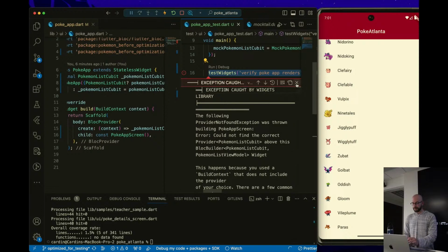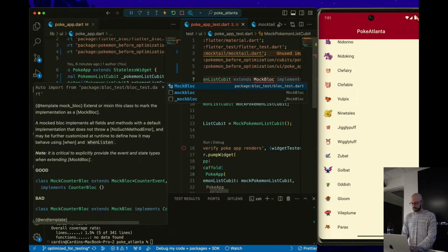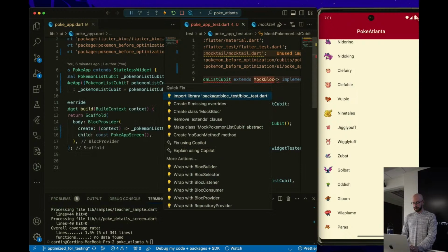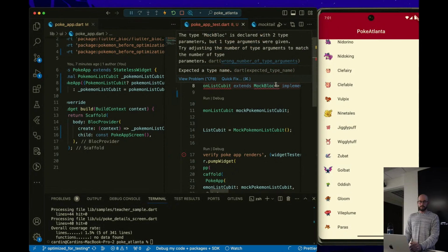Could not find. Oh, okay. It's because I mocked badly. This should actually be a mock block using the mock block package, not the mock tail package. That's my bad. So bloc test, another great package made by our friends that helps us mock blocks and cubits. In this case, syntax is mock block, whatever state